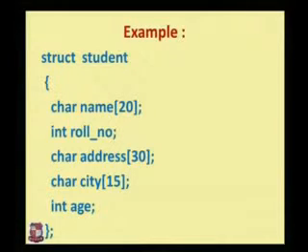Then the roll number should be an integer, so int roll number. Then a character array for address. Then a character array for city, so the student can enter the city also. And then the age of the student is an integer. So the structure of a student defines the student name, roll number, address, city and age.